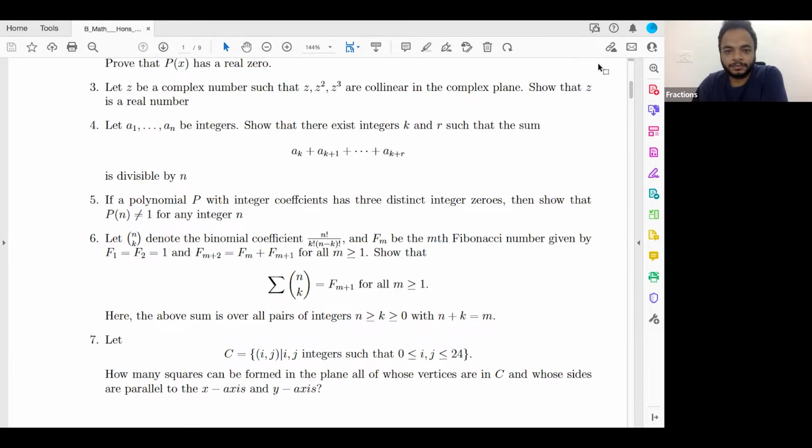So the problem is very easy. So let's try to solve it. For this, there are several ways to solve this problem. So we would try to use one theorem,